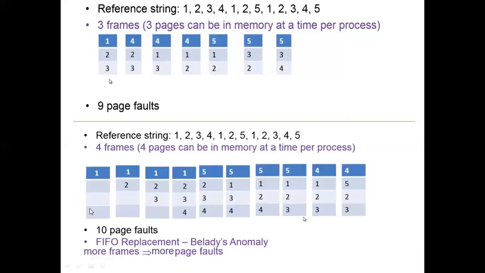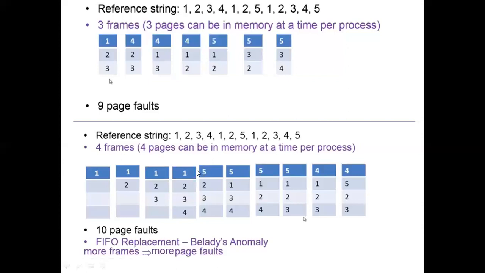So this is what I meant. Okay, so the first 2 are there, and what's missing is this one and this one. Now if I have 4 frames, the first page fault gets the first one, the second page fault gets the second one, the third page fault gets the third one, and the fourth page fault gets the fourth one, because you have 4 frames. So there are 4 page faults and you get all 4 frames.